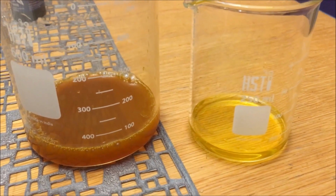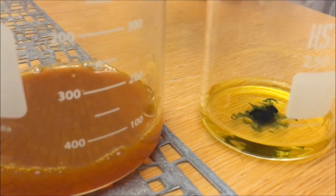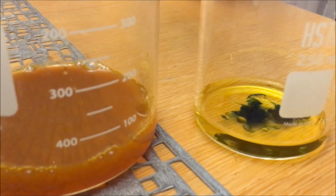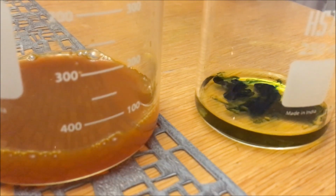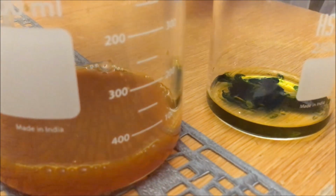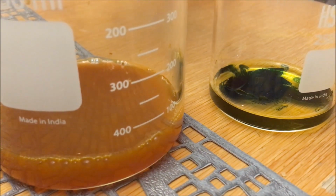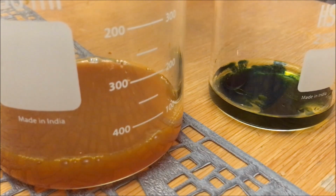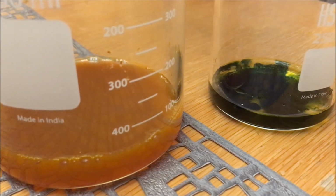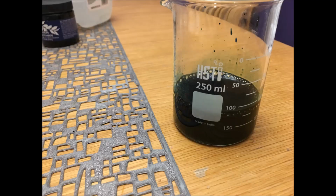Now you will have to add the two solutions together and it will form a precipitate, which is Prussian blue. You can then filter the solution to get